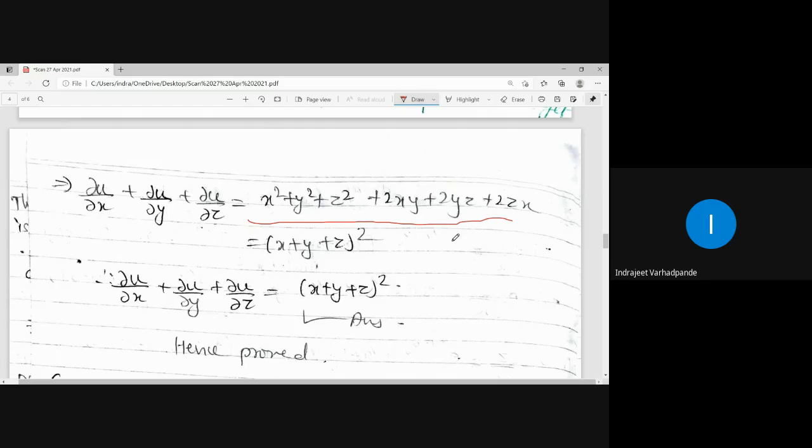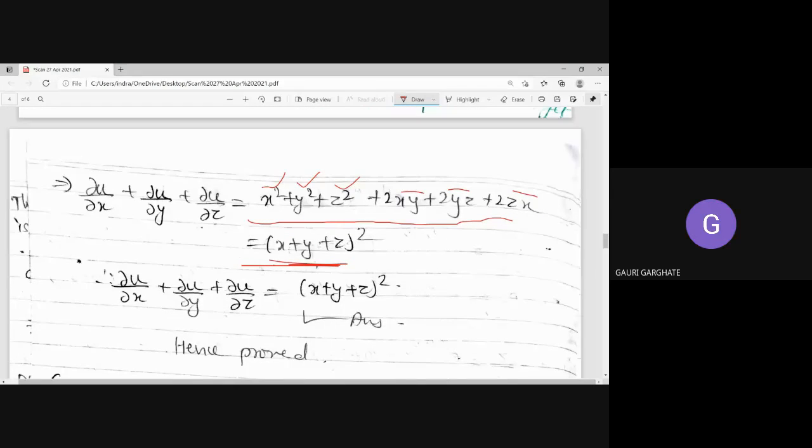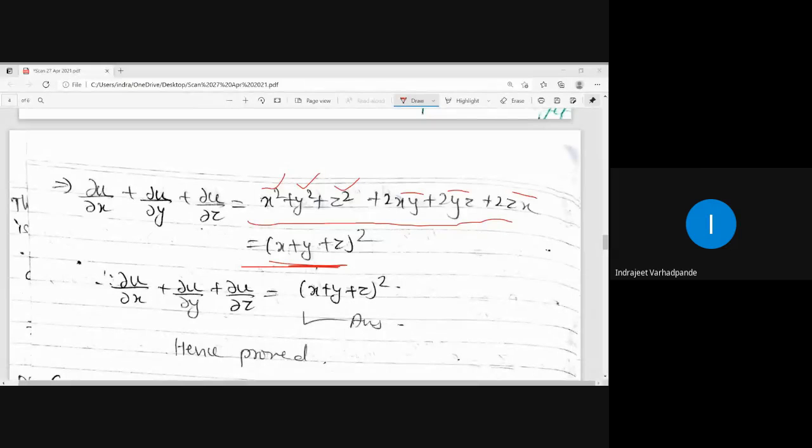So if you recall or remember the formula for a plus b plus c whole square. What is a plus b plus c whole square? a square plus b square plus c square plus 2ab plus 2bc plus 2ca. Similarly, here it appears for x, y, z. First three terms are x square plus y square plus z square plus 2xy plus 2yz plus 2zx. What is this actually? x plus y plus z whole square. Clear? Yes, sir. So with the help of the algebraic result, we can easily